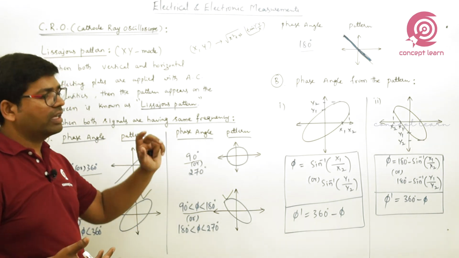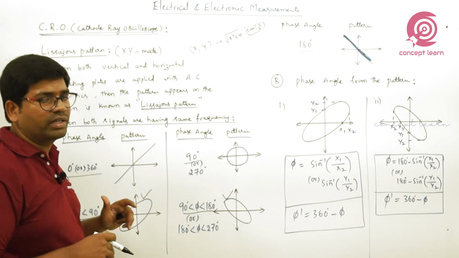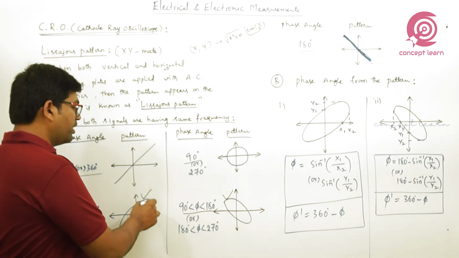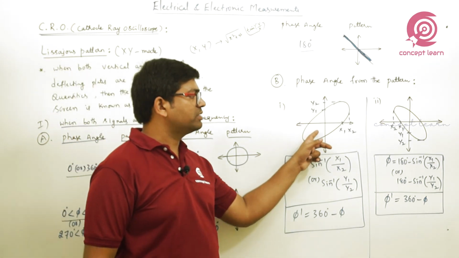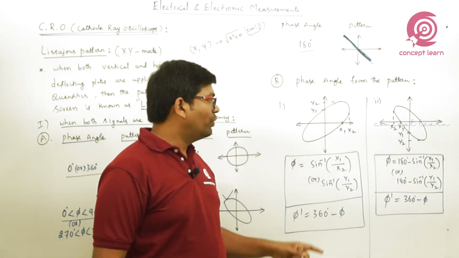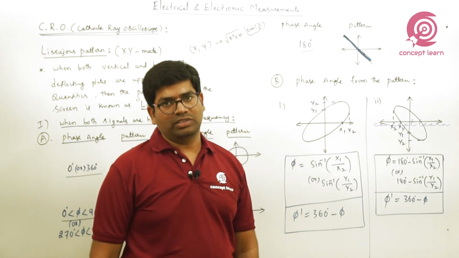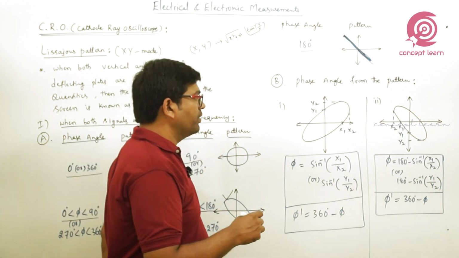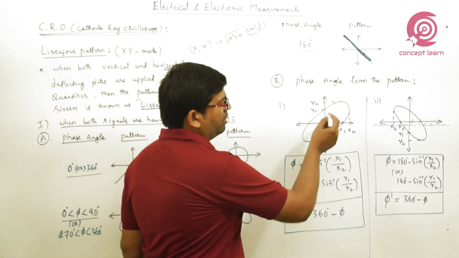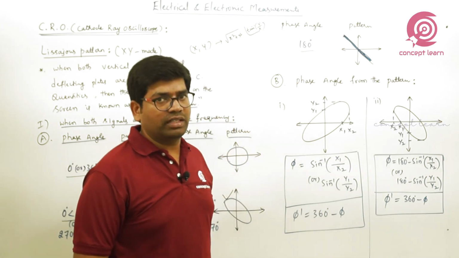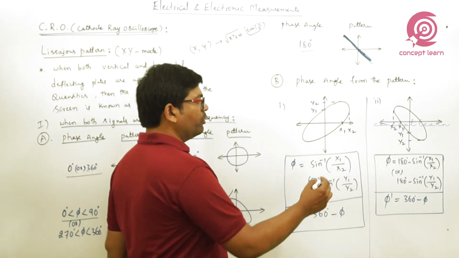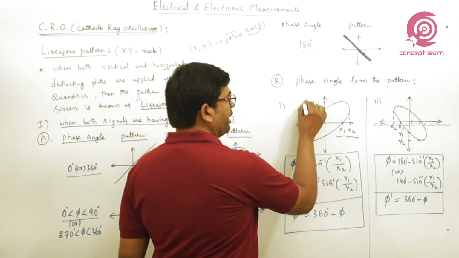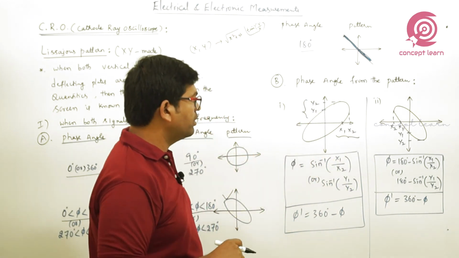Suppose for a straight line or circle, you can clearly observe from the table itself. The problem comes only when an ellipse comes in the first and third or second and fourth quadrants. Only then can you specify the range. How do we find the exact phase angle? For that, when they give an ellipse in between the first and third, they may indicate the X coordinates or Y coordinates. Got the point?